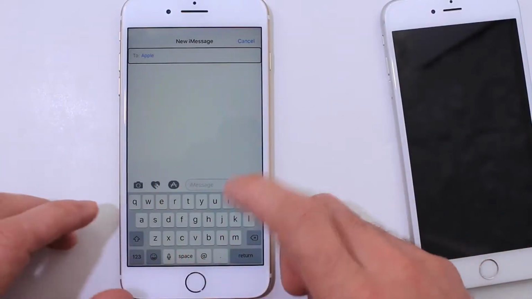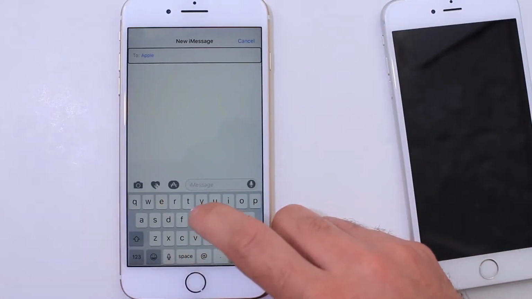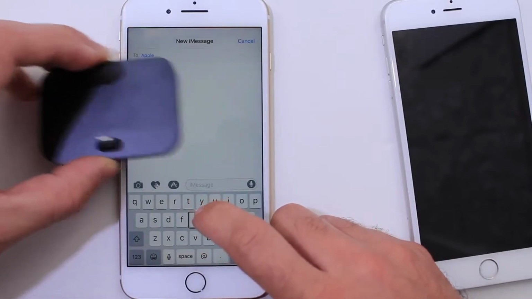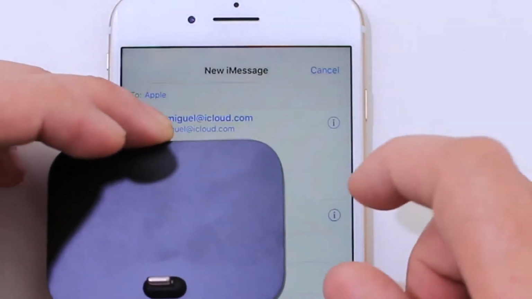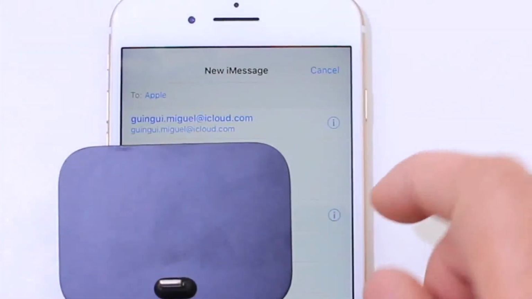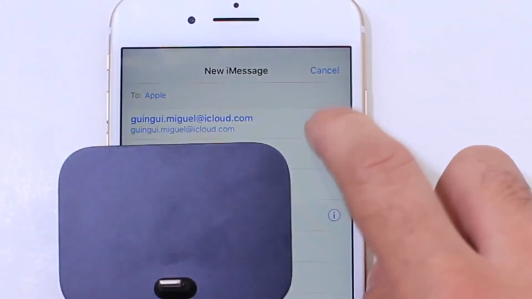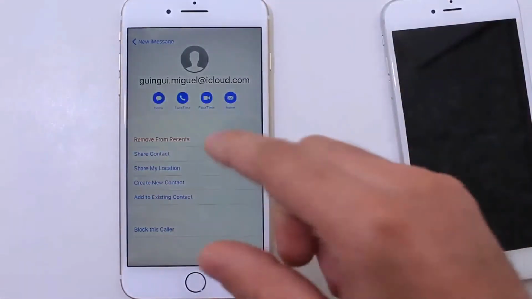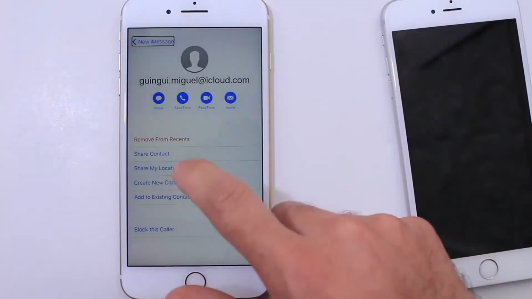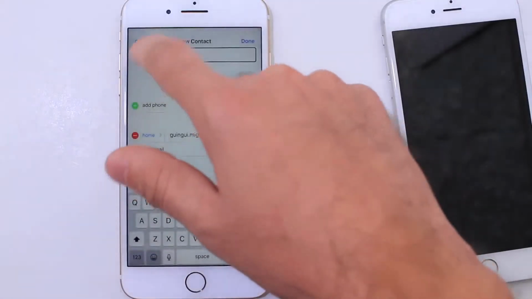Now I'm going to tap the letter G just to use one of the contacts, and I'm going to block some information here. G. Selected. So there it is. Some contact information is now available. Alright, so now I can press on the little i here, and this is only my email address, so that's fine. Go here into create contact, go to photos,